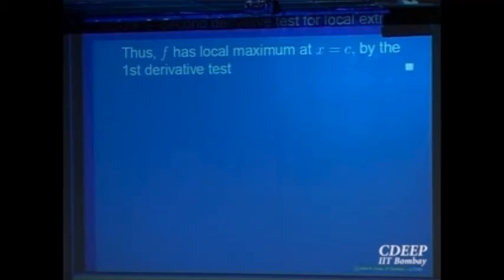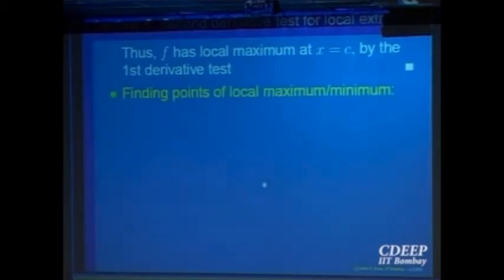And if that limit is less than 0 or bigger than 0, that gives you that the function should be less than 0 or bigger than 0, right? Use that, that's all, okay? So that gives you, by the first derivative test, that the function should have a local maximum at that point.